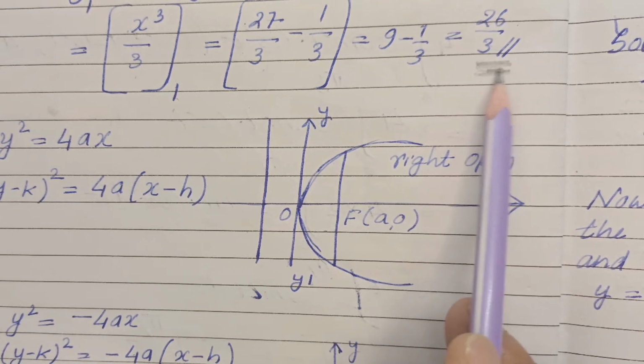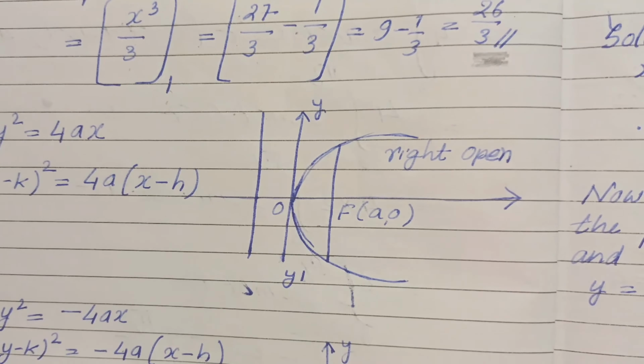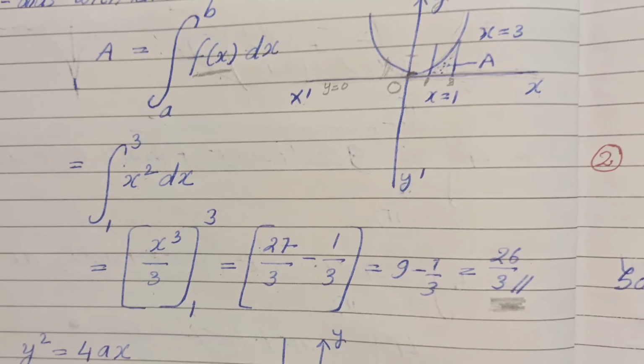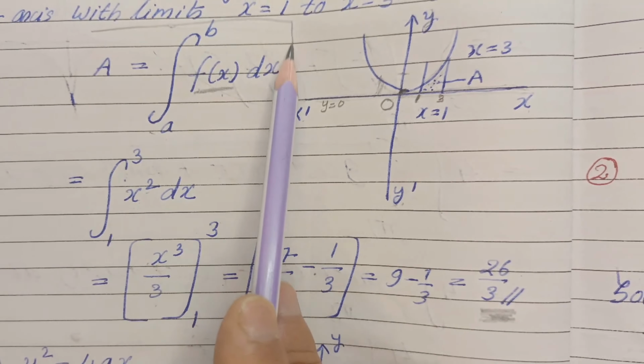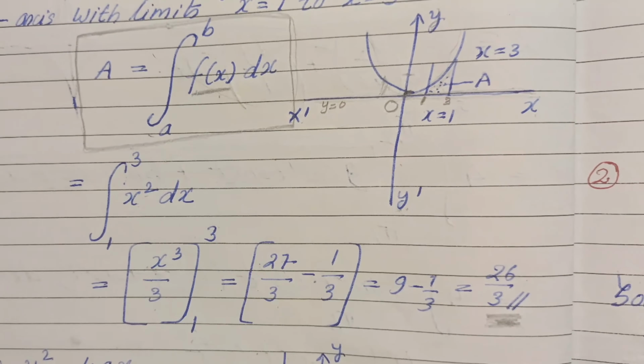It's very simple if you know the formula for the area of the curve bounded below. So always remember the formula here. What does it say? The formula says A is equal to the integration from a to b of f(x) dx. This is the area bounded formula. The area of the curve can be found by this. It's a very simple formula. So let's go with the other question so that we understand more.